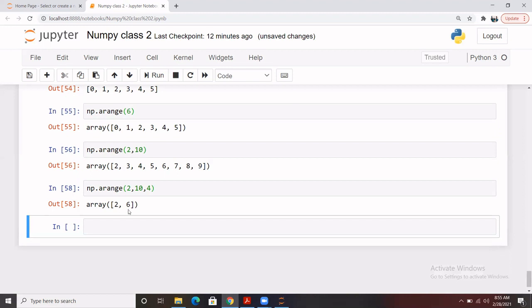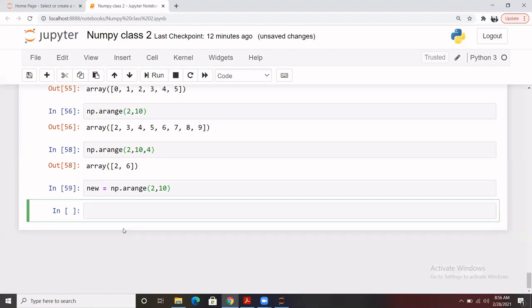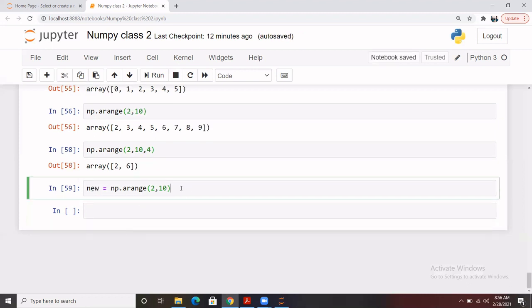So let me showcase how we can do it. Let's say, for example, I'm giving it a new name, new, and using numpy arange, I have created an array which starts from 2, goes till 10. So how many records are there in total in this new?